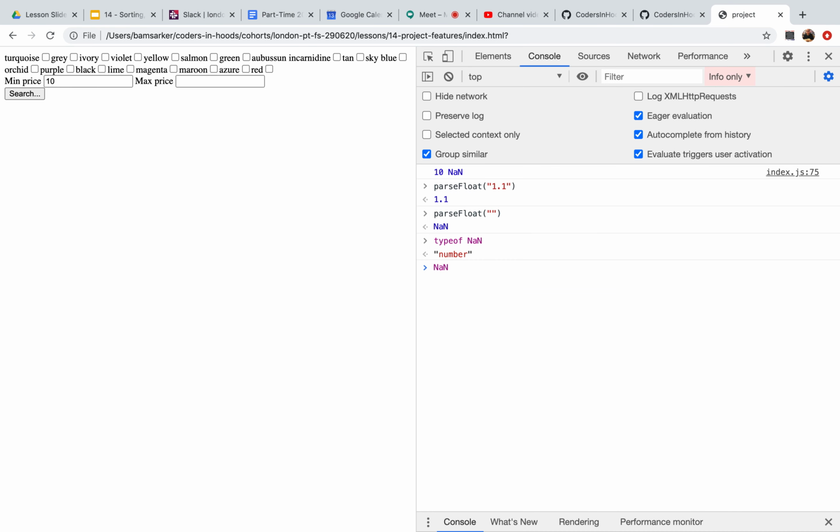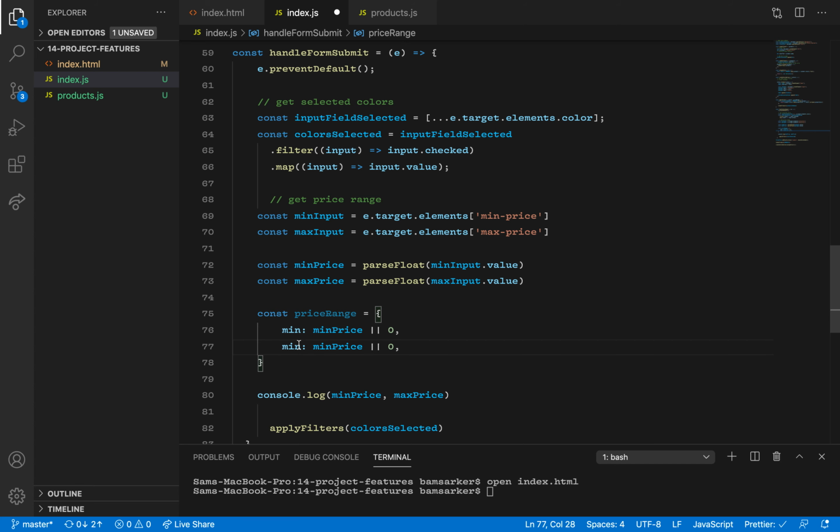Okay, so we're going to have min price or 0. Max is max price or 0. So if this is 0, or if this is NaN, if it's not a number, then it's going to move to the next